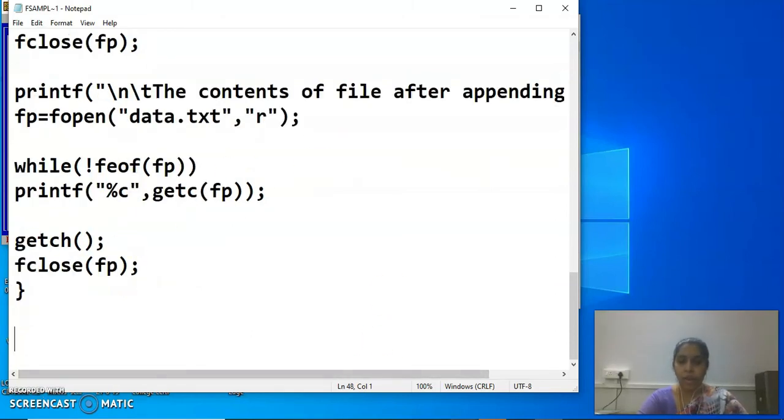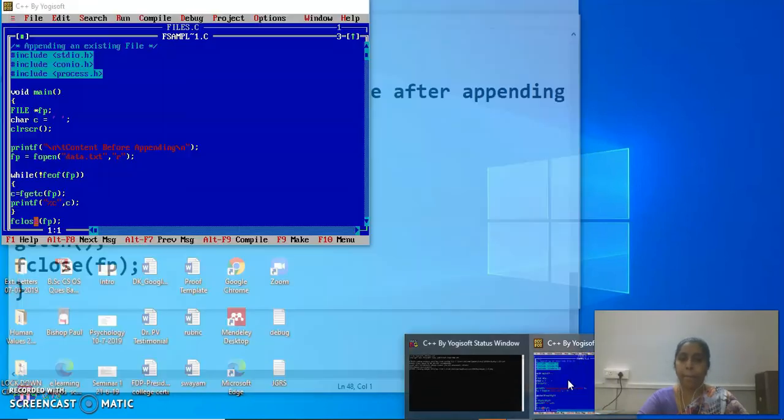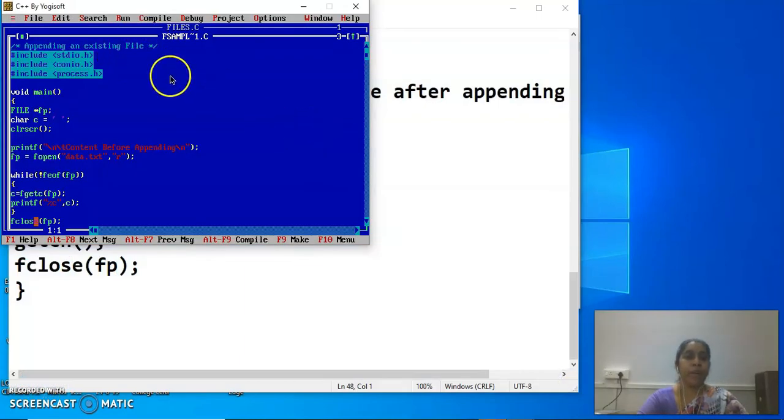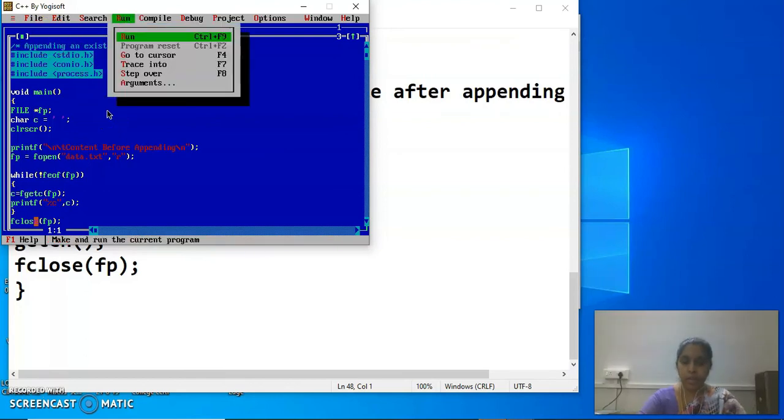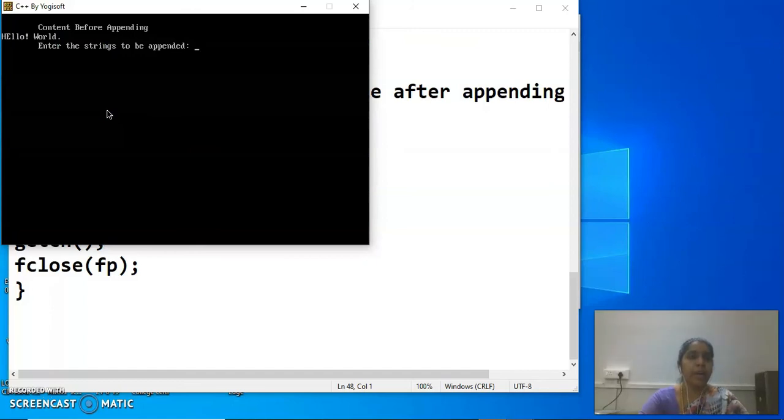Now we'll execute the program. Yes, file sample. Here it reads from the file data.txt and asks for appending. See here, content before appending: hello world.